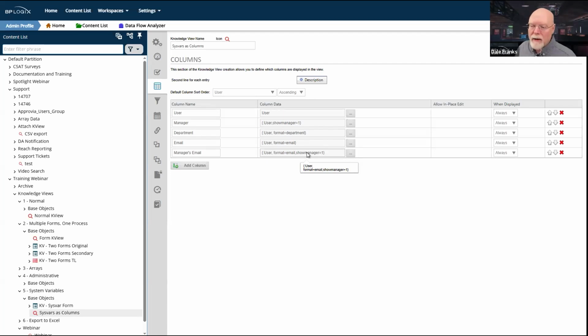So don't forget the power of system variables. We've already seen it in terms of our ability to concatenate fields in a situation where I have two forms with one process. We've seen it with array fields so that I can just concatenate an array field so that I don't return multiple rows for an array.